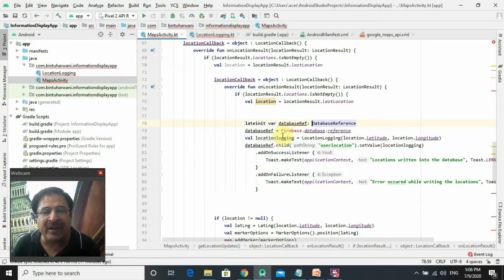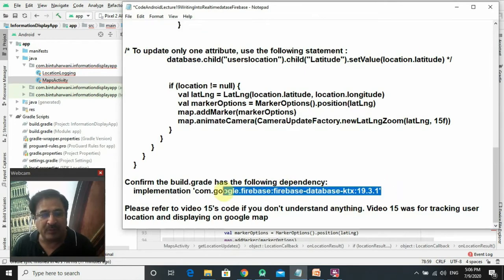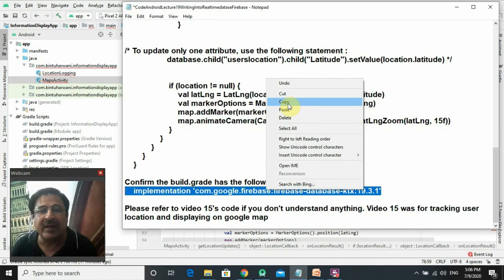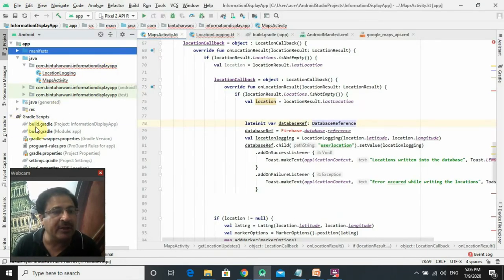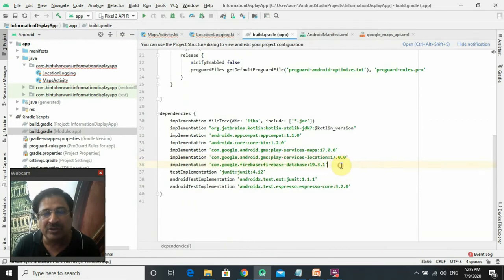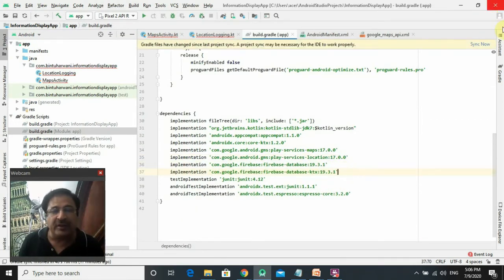It is giving you an error on this Firebase. It is so because you have not included this dependency. This one. Firebase database Kotlin. We are working with the Kotlin language. So copy this. Go into your build.gradle here. And here below this. Press Ctrl V. Now you have to sync this